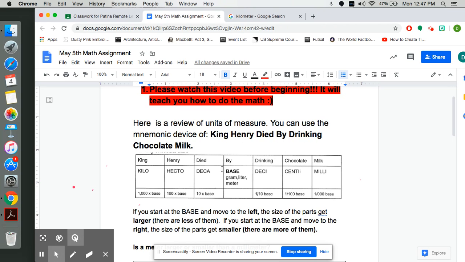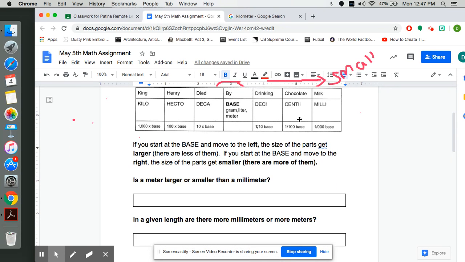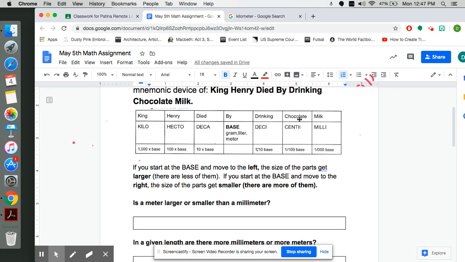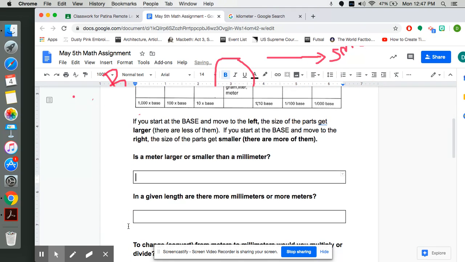Okay, so moving down here, is a meter larger or smaller than a millimeter? So let's look here. What did I just say about milli? If it's a milli, it's really, really small. So obviously the answer there is going to be meter. So that's the answer for that blank. If I go down,